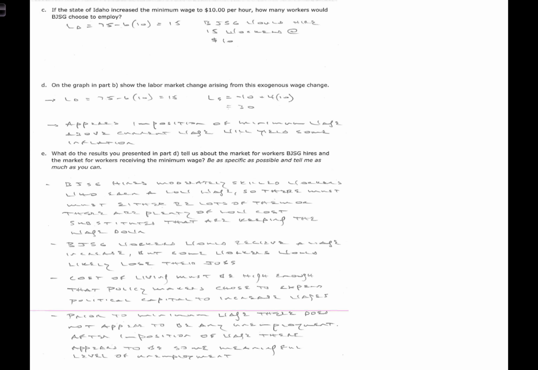So in the labor demand equation, I'm going to substitute 10 for W such that 75 minus 6 times 10 equals 15. That's the number of workers that BJSG would choose to employ at $10 an hour given its labor demand equation. So I've asked you to go ahead and graph this, and when we graph that, we have the new wage here at 10. We see that that intersects the labor demand curve at 15,